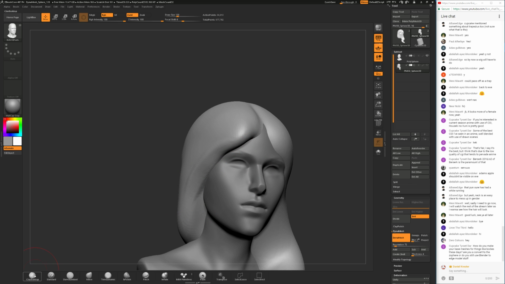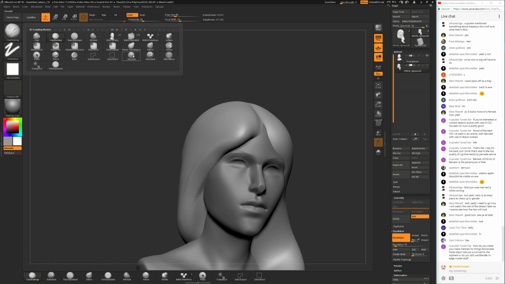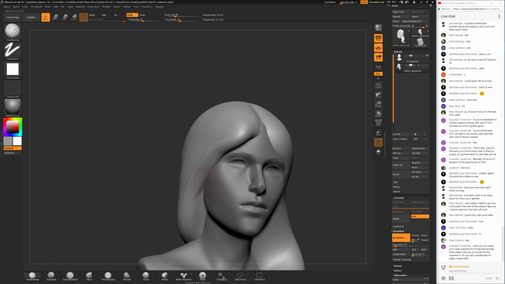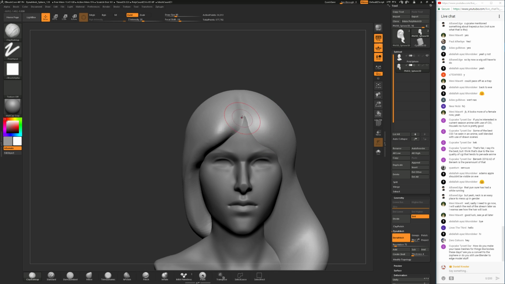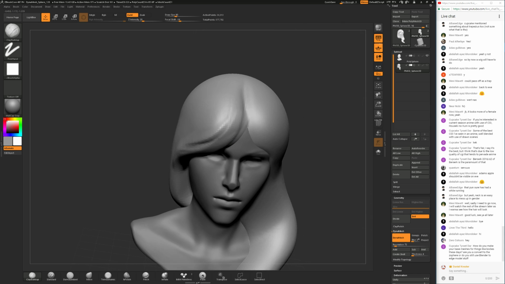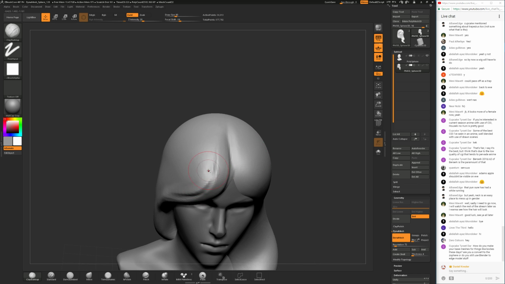Oh no, what's going on here? I see. Okay. So holding down shift, now this needs to be the smooth brush, and now I can click on the clay buildup brush. ZBrush can really be confusing at times, the way you select brushes and everything. It has a lot of functionality to it, but it is easy to mistakenly use some feature and not know the way back. I'm still very new to ZBrush myself.